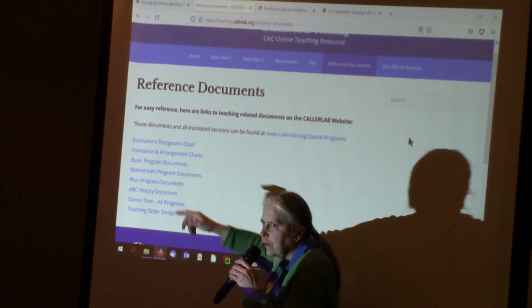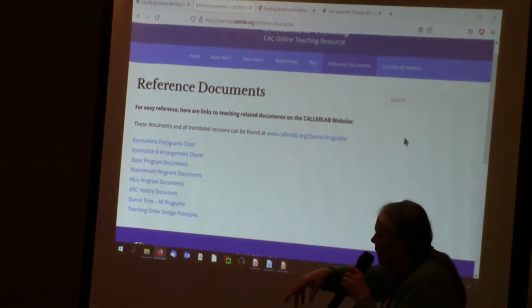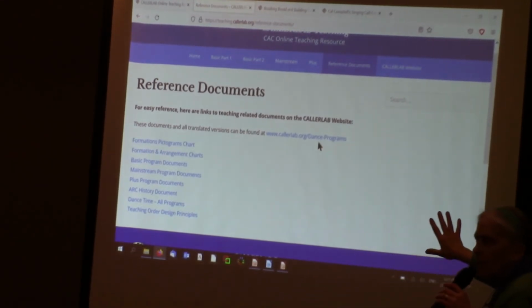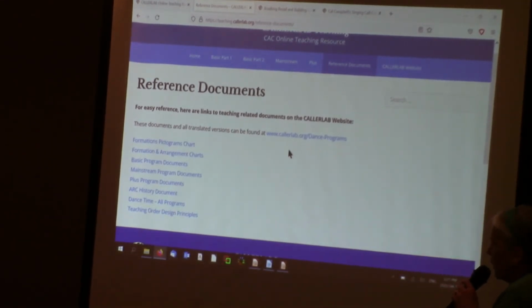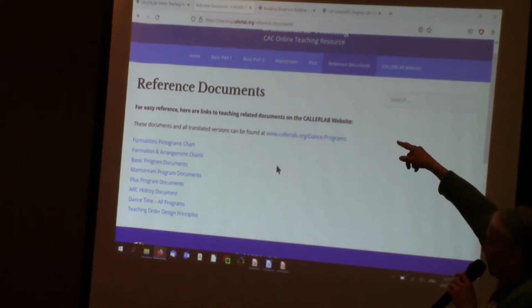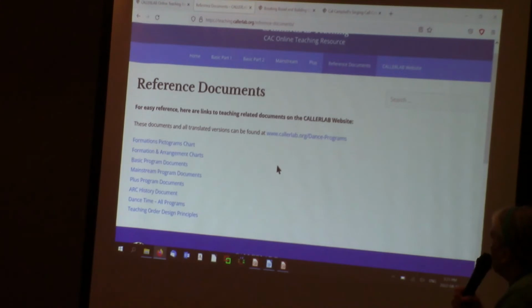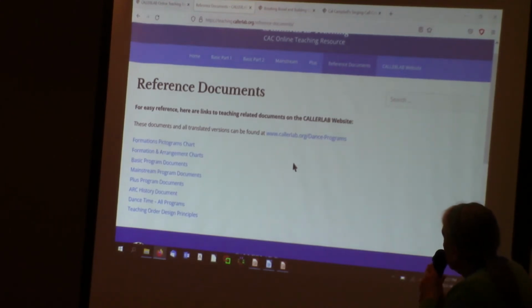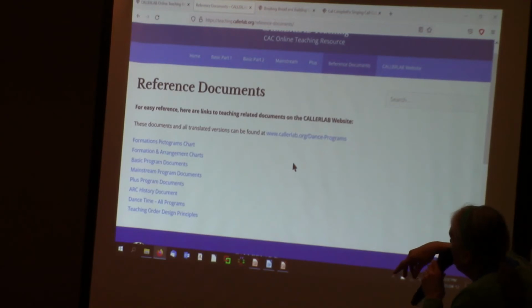Well, if you wanted to see the original documents, then that would take you to the main CALLERLAB website, under the dance resources on the main website. The only way back here is to use your back arrow on your computer if you do that. You want me to go there? Or? No, that's fine. And the CALLERLAB website would also take you to the home page.